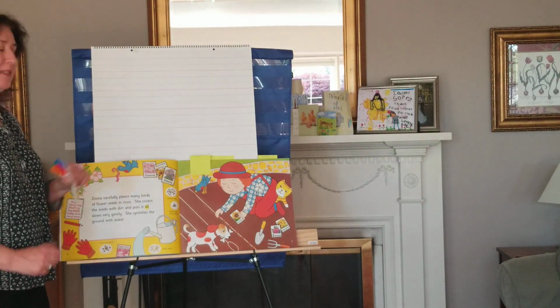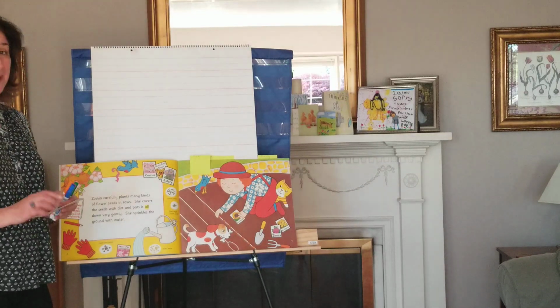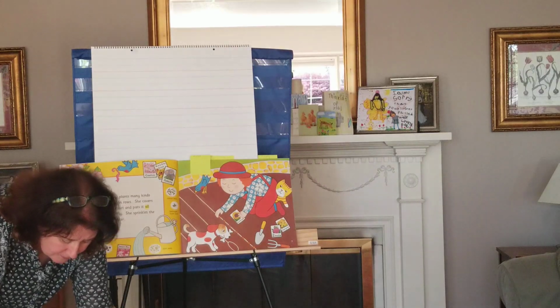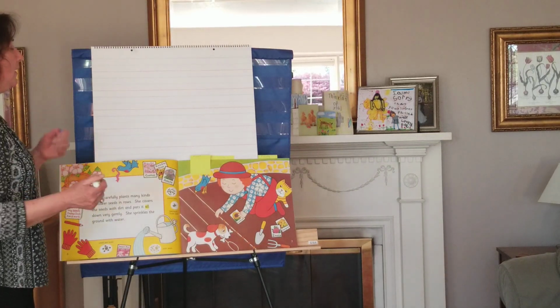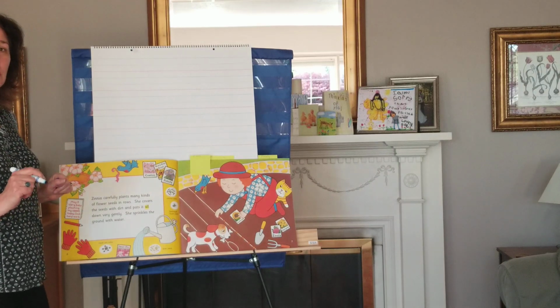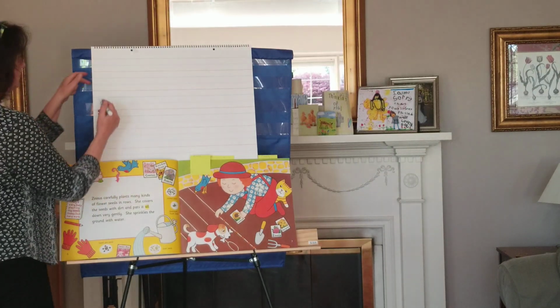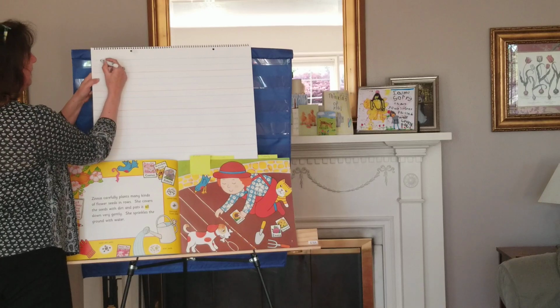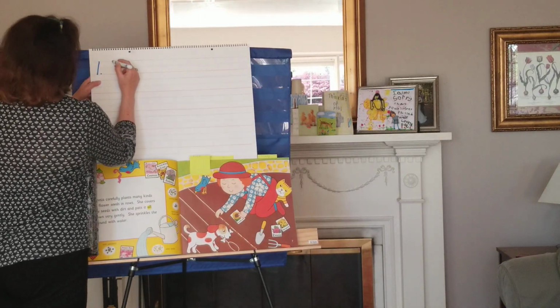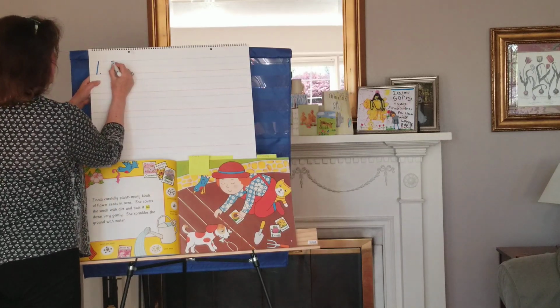Okay? That's the most important thing that happened at the beginning of the story. So I'm going to write a sentence that tells what happened at the beginning of the story, and I'm going to use that transition word first. So up at the top, I'm going to write the number 1 to show we're starting at the beginning, and I'm going to say first